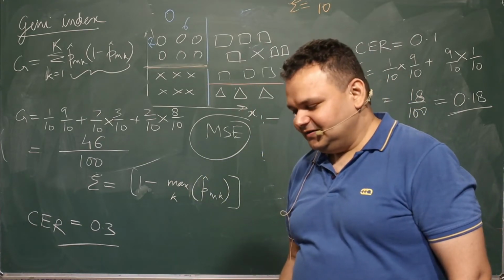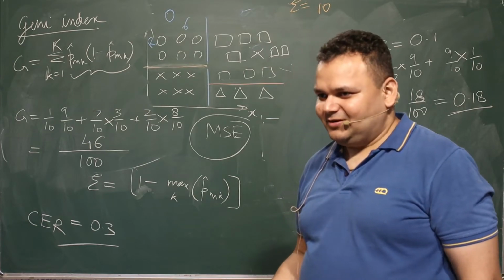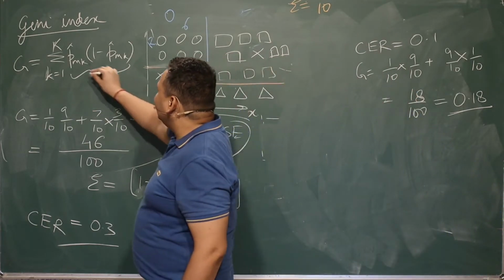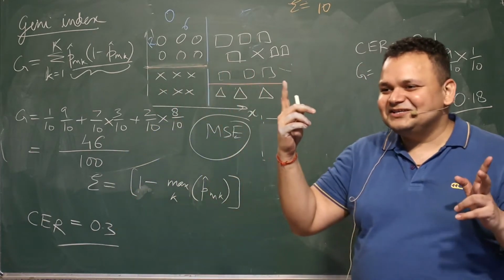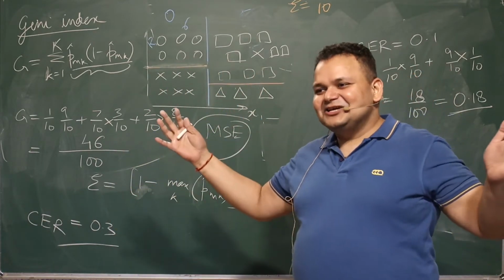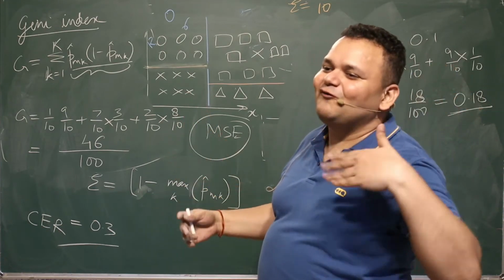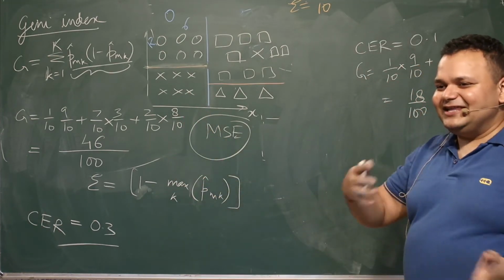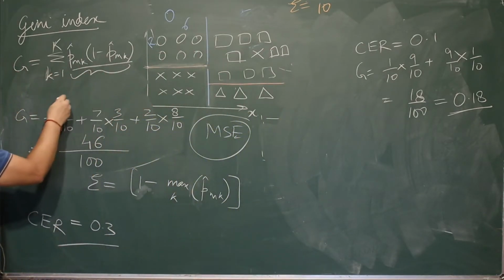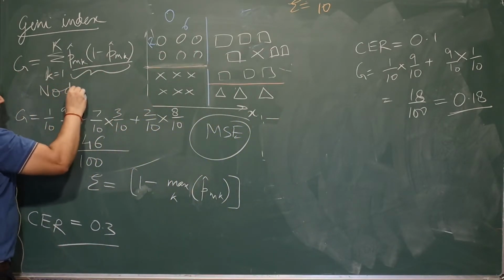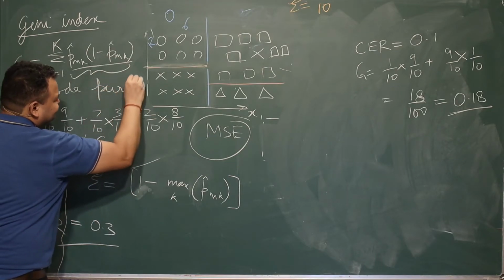एरर की वैल्यू 0 हो जाएगी. So we want that the probability of one class should be 1, and for everything else it should be 0, or the proportion of one class should be 1, and for everything else it should be 0. So that is what the Gini index tells us about: the node purity.